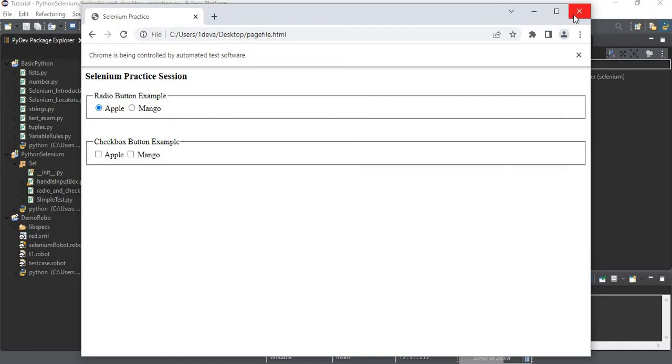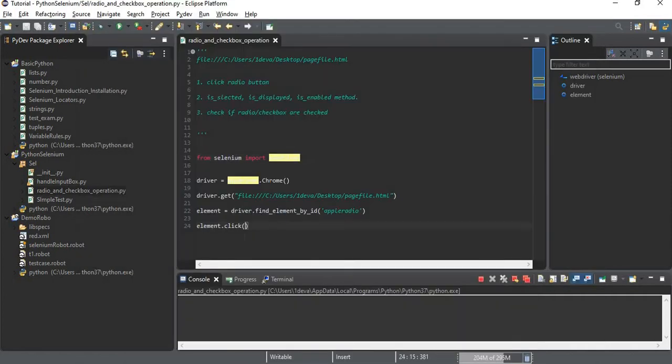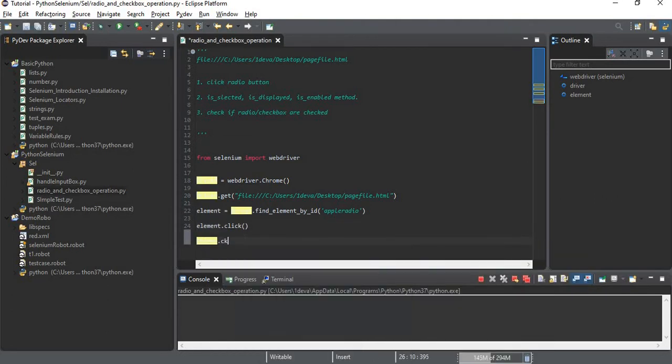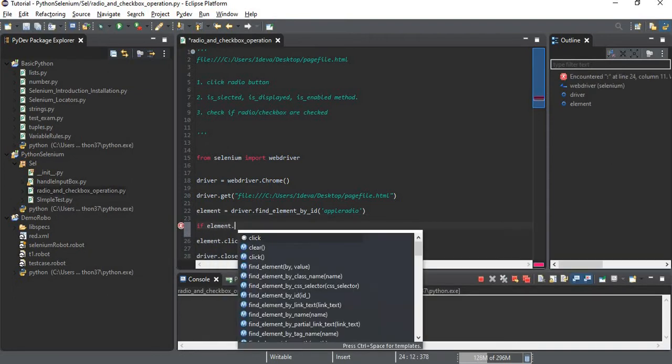It has not closed because we didn't give the driver.close operation here, so we will give it going forward. Now we have seen how to click the element. Sometimes we need to check if it is selected or not. For that we need to see if element dot